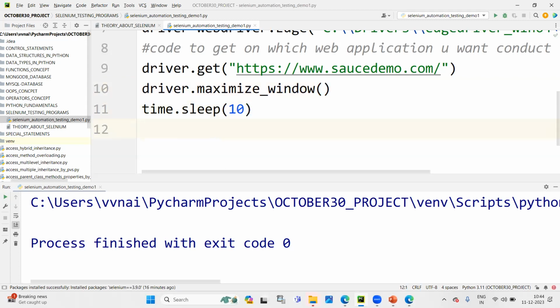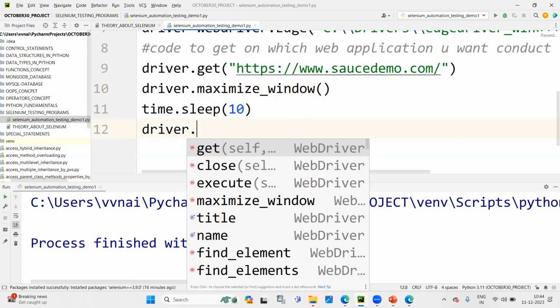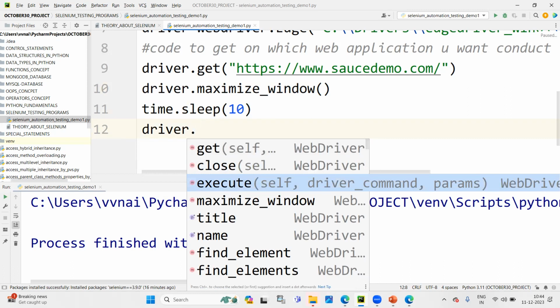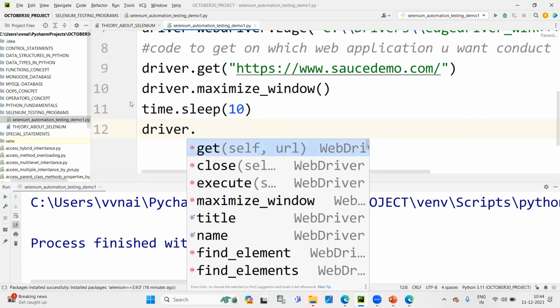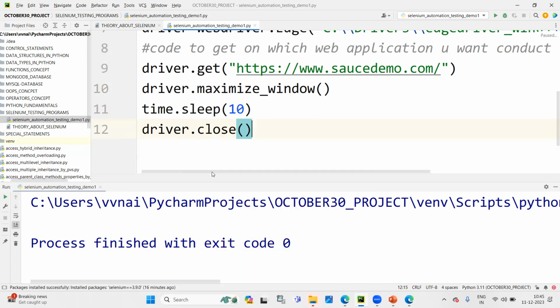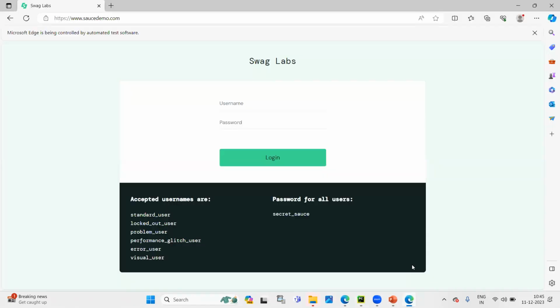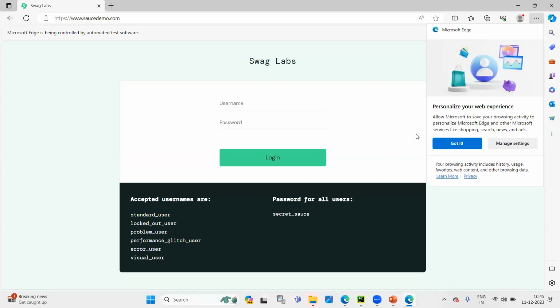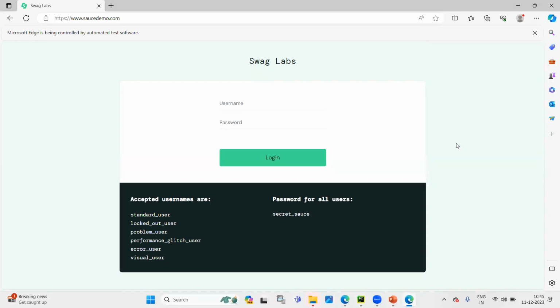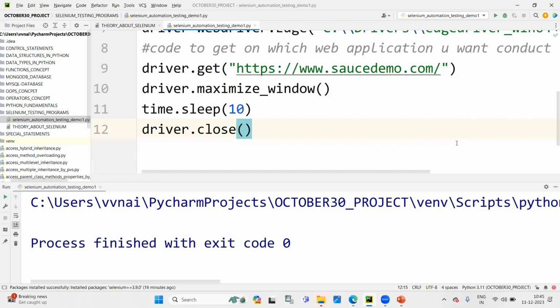Generally after 10 seconds it will be closed. Otherwise, driver dot close, or else driver dot quit we can give. Yeah, after 10 seconds it is getting closed. Okay, so now automation testing is happening. After the maximize the window,